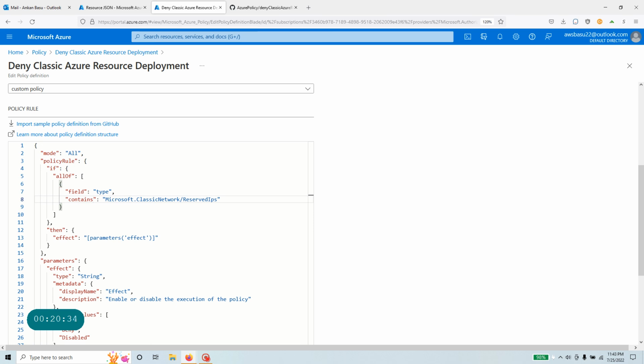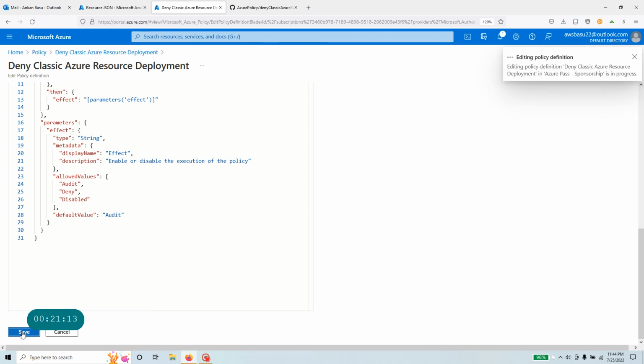Okay, and what we will do, we'll remove this whole thing. So it could be a classic disk, it could be a classic storage, it could be a classic whatever. Anytime you have a Microsoft.Classic in your field name, this policy will now deny its deployment. Okay, so this is going to be a very much superior policy that you can confidently use to block any Microsoft Classic resource deployment within your environment. So let's just save this one,